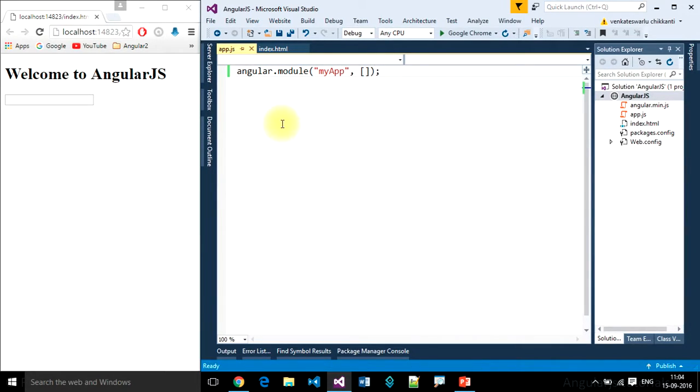This is how we can create an Angular module. If you want to access it, let's take it into a variable, my app. It will create my Angular module, then return that module into this variable.